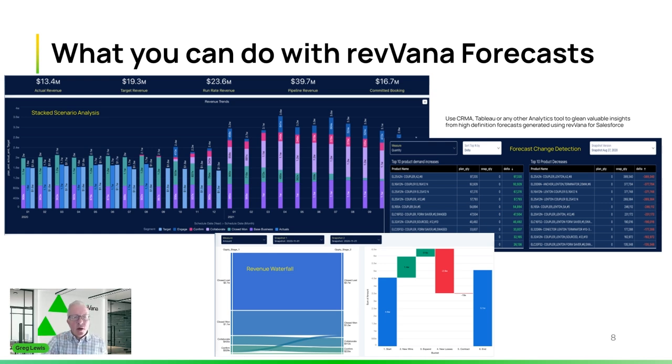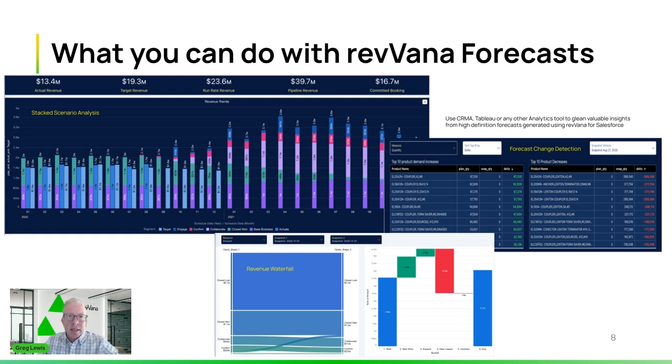This is what we kind of call the Taj Mahal of revenue forecasting. A revenue forecast that shows where your pipeline is going to close is great as a selling tool. At our customers, we like to implement what we call full stack revenue forecasts. And that means forecasts that you can not only forecast the revenue out of your opportunities, but you can layer this on top of existing account level forecasts and orders coming in from different sources.